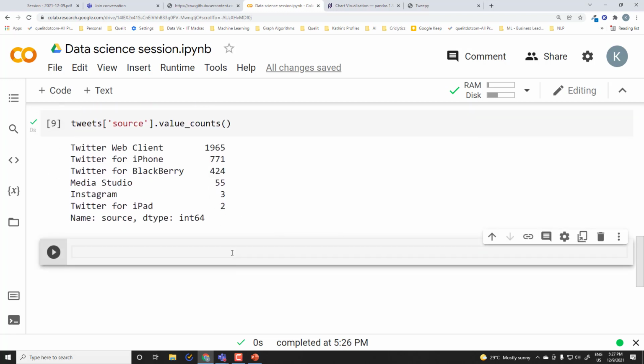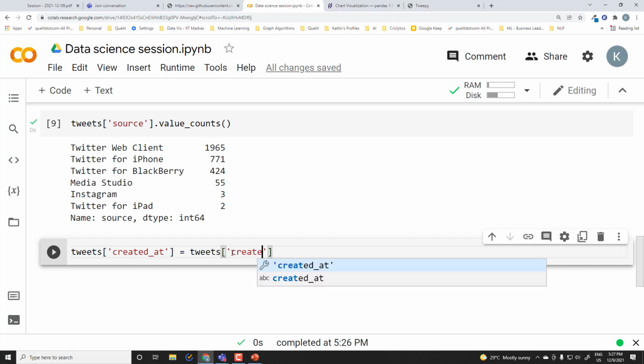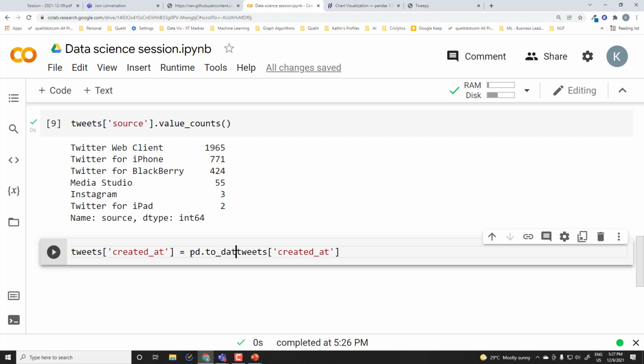For example, we have a date column, created at. Created at, usually it will be a text column initially. We can convert it into a proper date column, like how we do it in Excel. We convert it into a proper date column by defining what is the format it is and all. So likewise, even in pandas, we can convert it into a date time column.